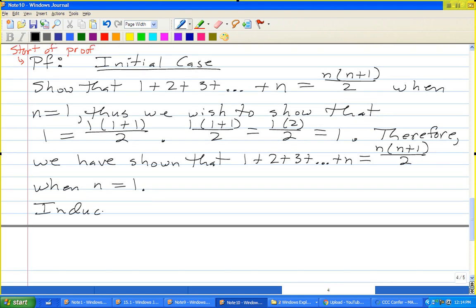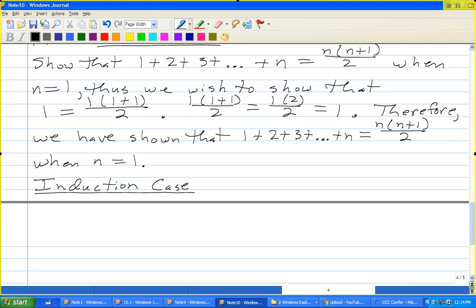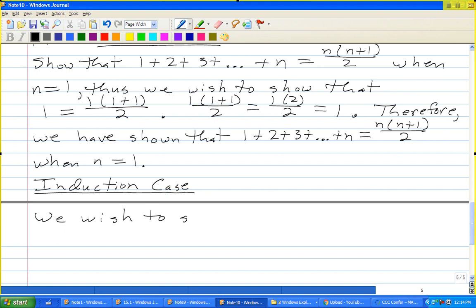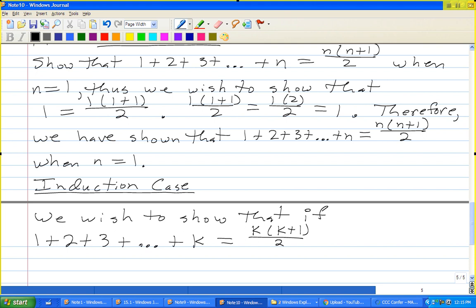So induction case. So let's write down the induction hypothesis. So we wish to show that if 1 plus 2 plus 3 plus k is equal to, so instead of writing n, I'm going to write k, k times k plus 1 over 2 is true,